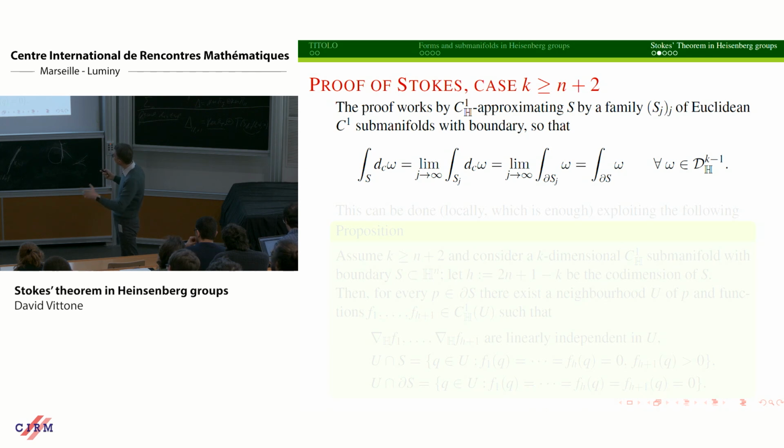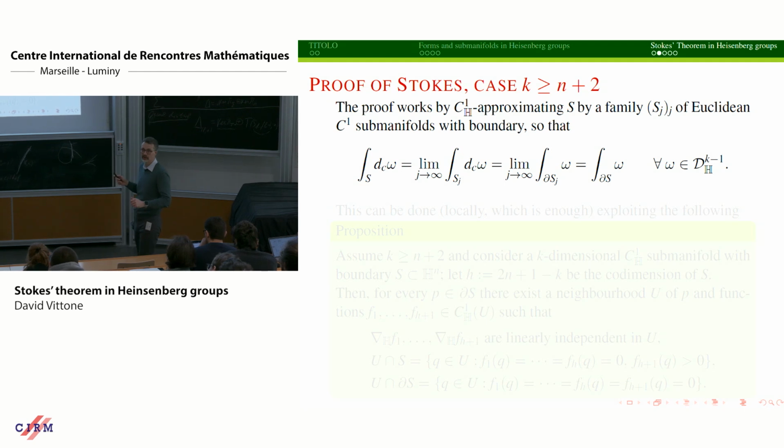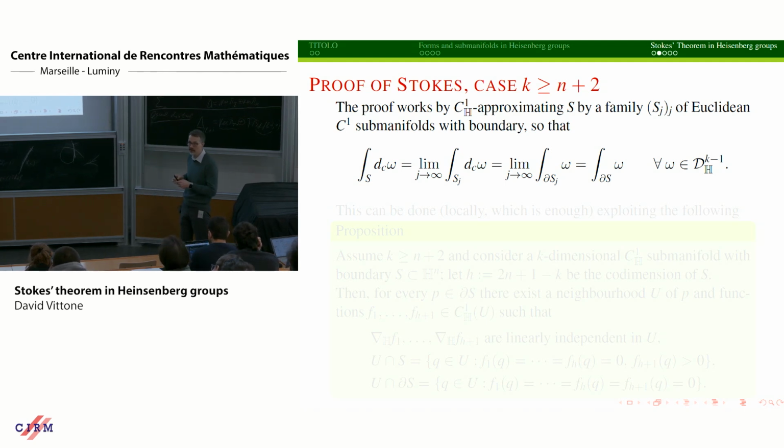But in both cases, the idea is to approximate S by a family Sj of Euclidean C1 submanifolds, in C1H, so to say. Approximating in C1H means that your sequence is converging uniformly and the tangents also are converging uniformly. The horizontal tangents are converging uniformly, because if you are able to do so, then you can perform these pretty